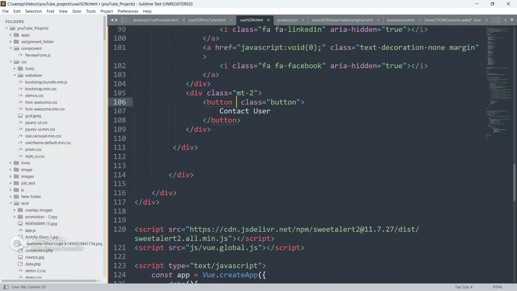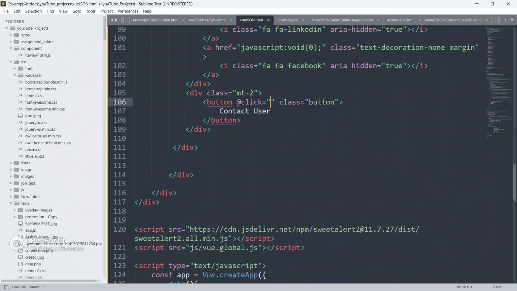As you all know, we can call any function or method inside Vue.js. We have to use @ and put the function name. I will pass all the user parameter only.